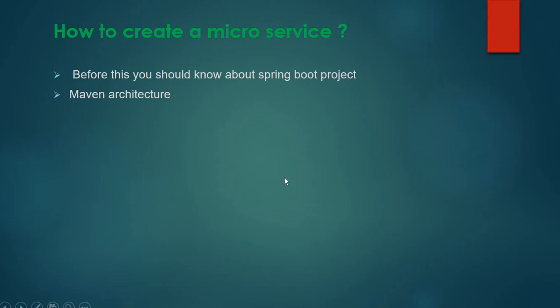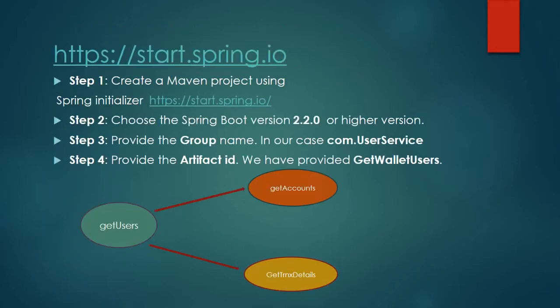Maven, from a library and dependencies point of view, makes it easy to build the project. We need not struggle to add specific jars to our project. If we add the respective Maven dependencies to the project in the pom.xml, it will download automatically. So now let's see how to create a Maven project from Spring Initializer. First, we have to open Spring Initializer.